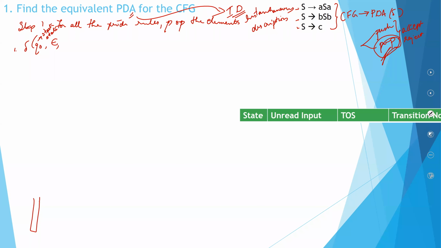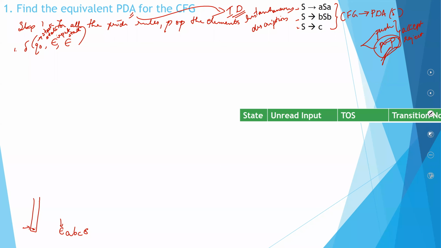And I am encountering an input. The second one will always be input. So the first thing I encounter is epsilon, my null string. Imagine you have a string A, B, C. You will be encountering epsilon in the beginning, and you will even be encountering epsilon at the end. So initially you are encountering epsilon, and on the top of the stack there's nothing, so I write epsilon over here. This is my stack element. So my start state Q0, my input epsilon, and my stack has nothing.